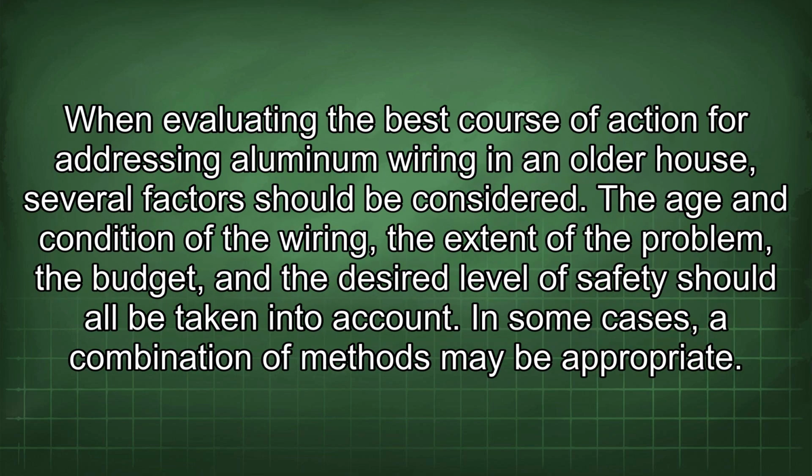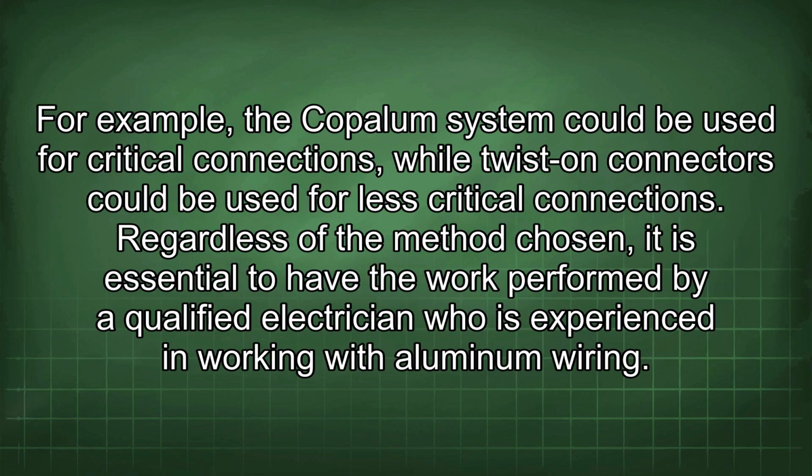When evaluating the best course of action for addressing aluminum wiring in an older house, several factors should be considered. The age and condition of the wiring, the extent of the problem, the budget, and the desired level of safety should all be taken into account. In some cases, a combination of methods may be appropriate. For example, the Copalum system could be used for critical connections, while twist-on connectors could be used for less critical